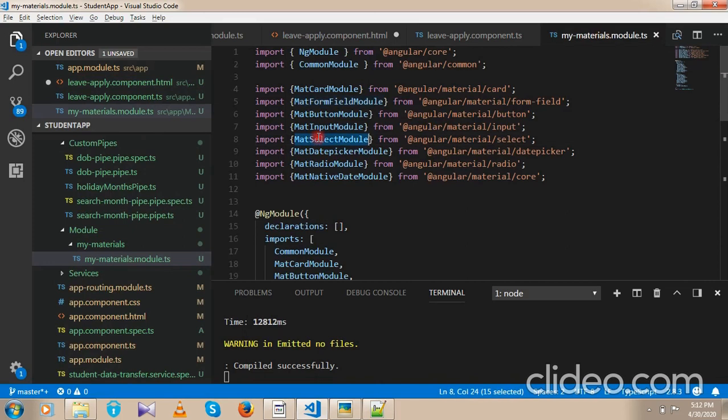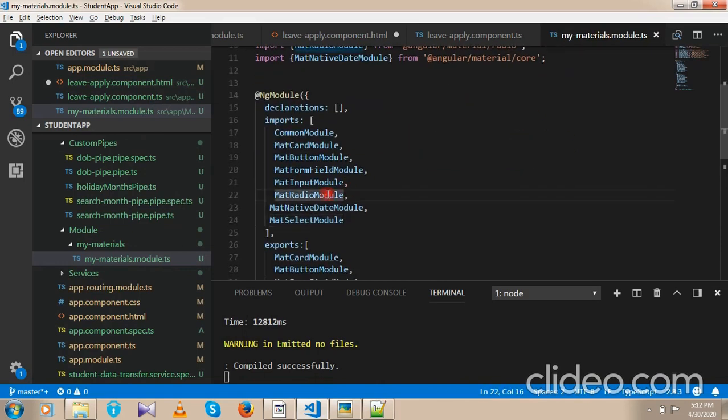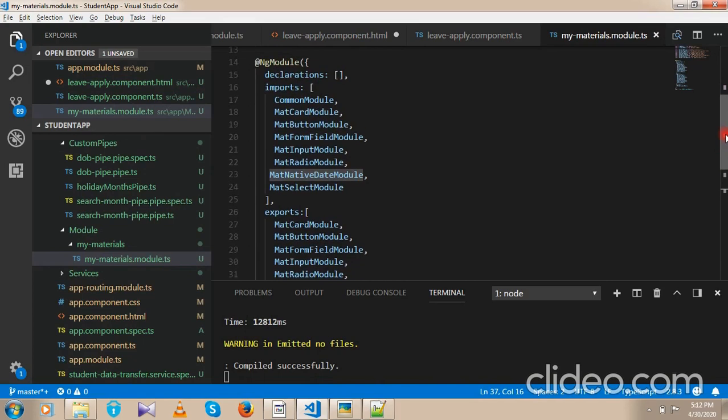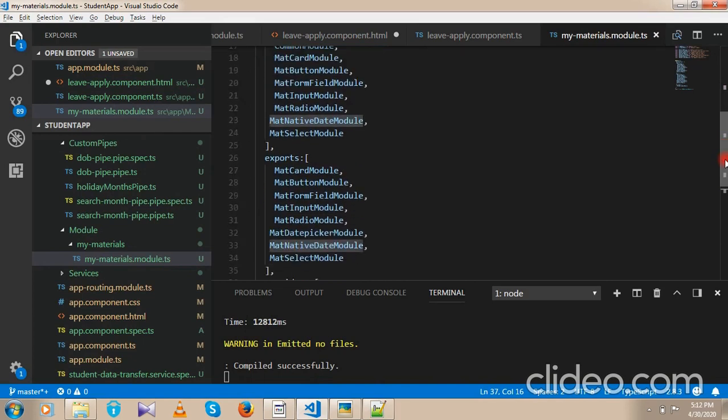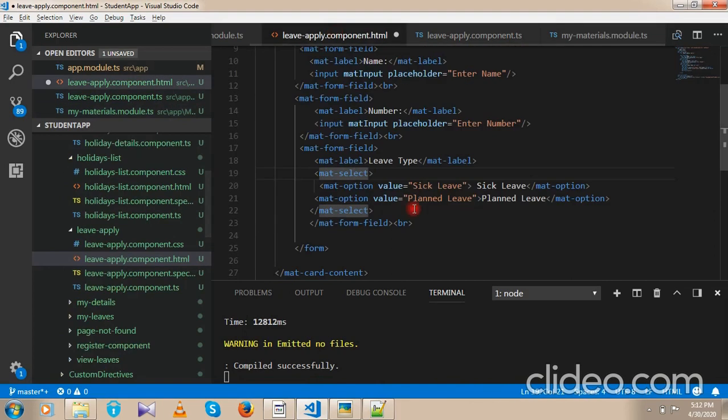See, this module we have to import. Whenever you are importing the modules, we need to declare them in the imports parameter as well as in the exports parameter. So whenever you are importing the material modules, we need to represent them in imports and exports as well. So next we'll add date picker fields also.